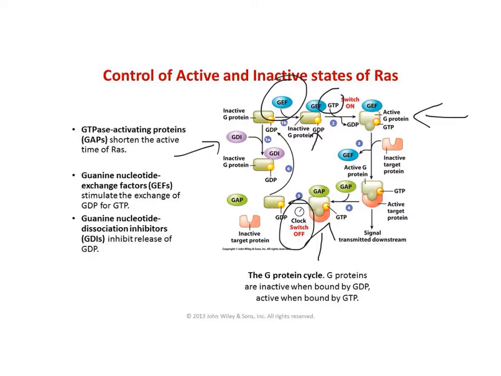RAS has been found to be mutated in what we call a constitutively active, or overactive, form in about 30% of all cancers. So RAS is considered a potential oncogene. A potential oncogene in cancer development is basically a gene that stimulates the cell cycle, or stimulates the cell to divide. And when it becomes an oncogene, it means that gene has acquired a mutational change that makes the protein product of that gene overactive, always on, and essentially that can lead to potential